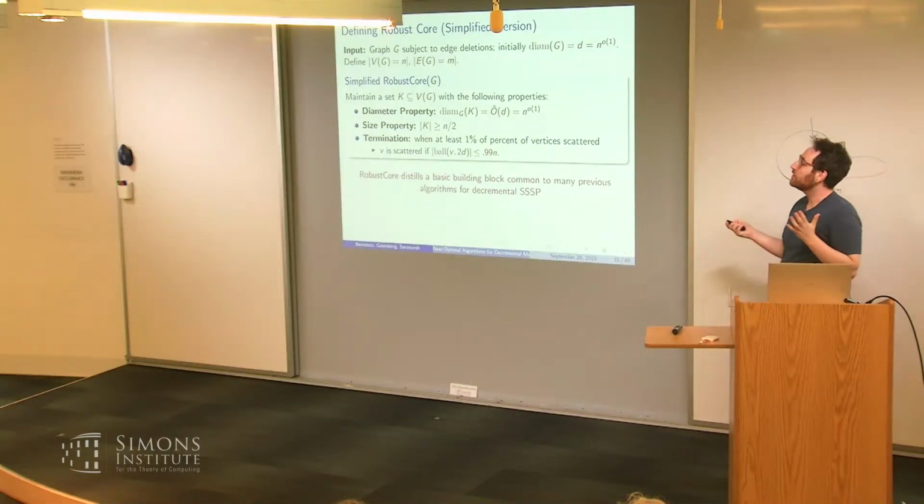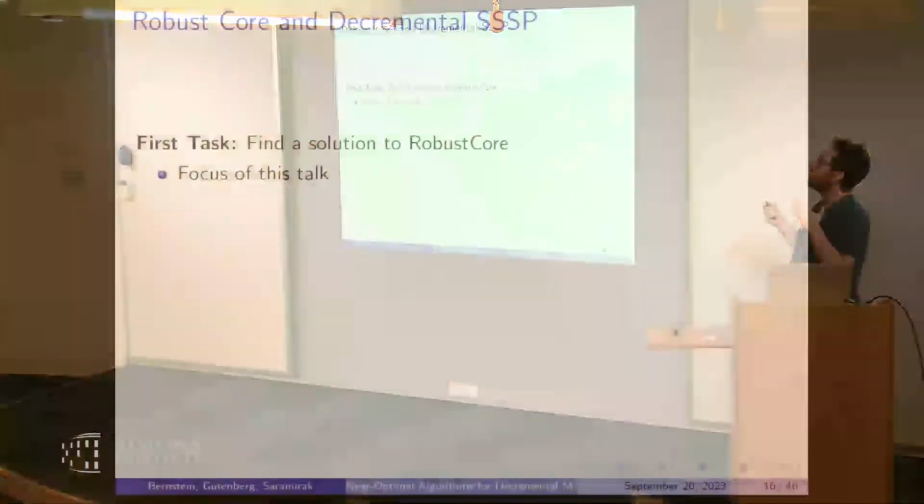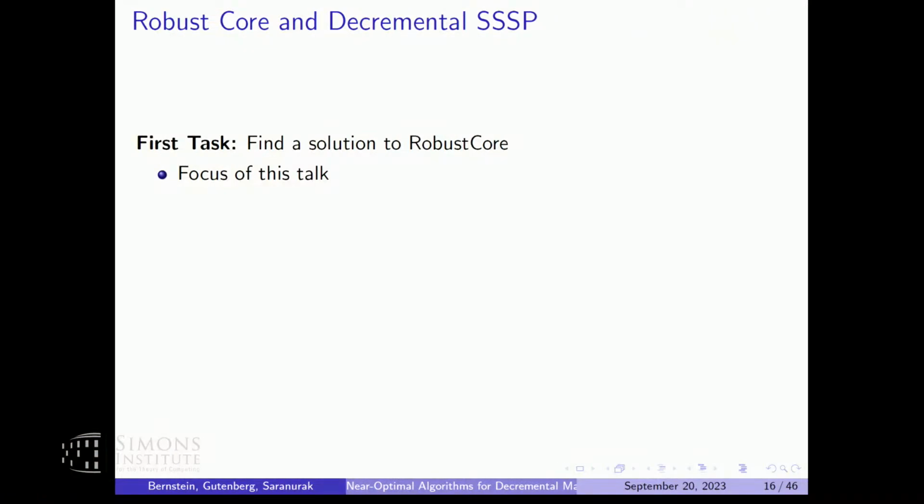So basically, our result is in 2 parts. First, we show how to solve this problem. Because this distilled problem is common to all these other algorithms, but it turns out to be really hard in the adaptive setting. And so our main contribution is we show how to solve it. The second thing we do is kind of motivating my claim that this is the essence of a lot of the algorithms, in that we basically show that the existing algorithms use many different complex, sophisticated techniques, which are all necessary.